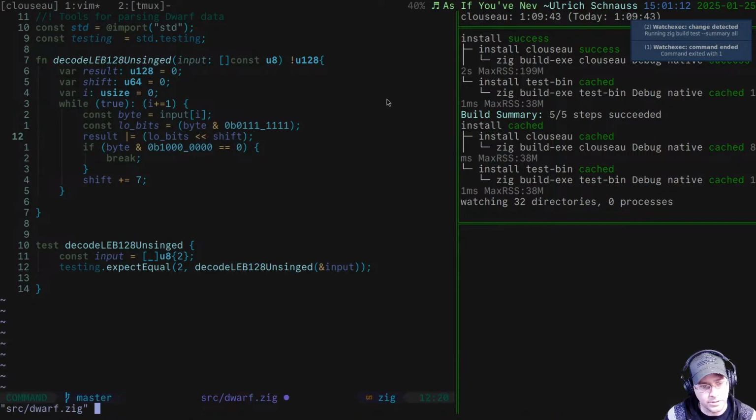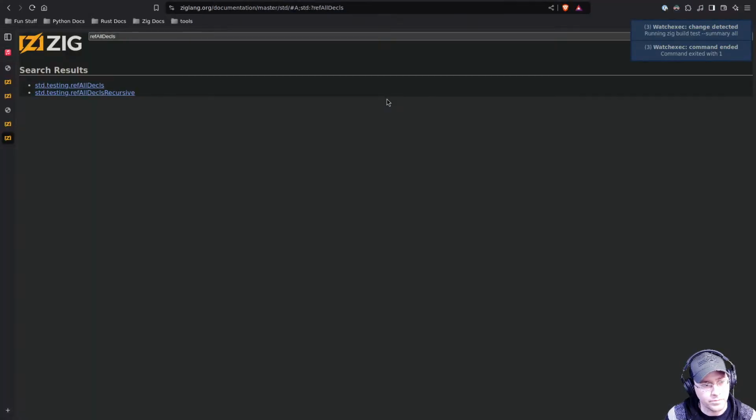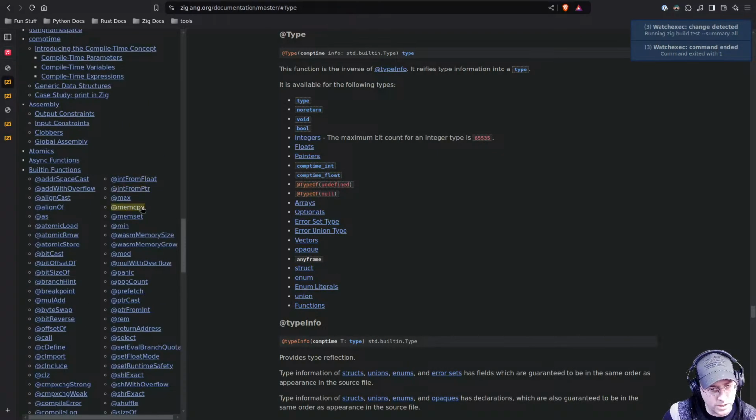So this is a good thing to learn about here in Zig. So I'm gonna pull up the docs here. So in Zig, if we go to operators,